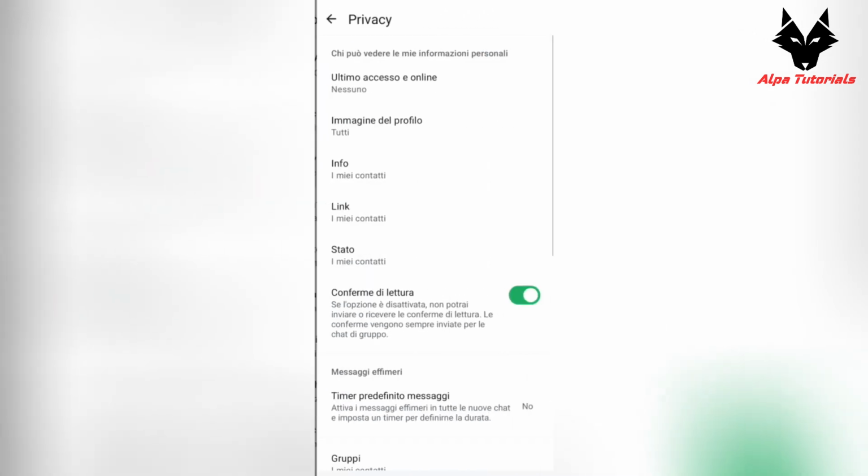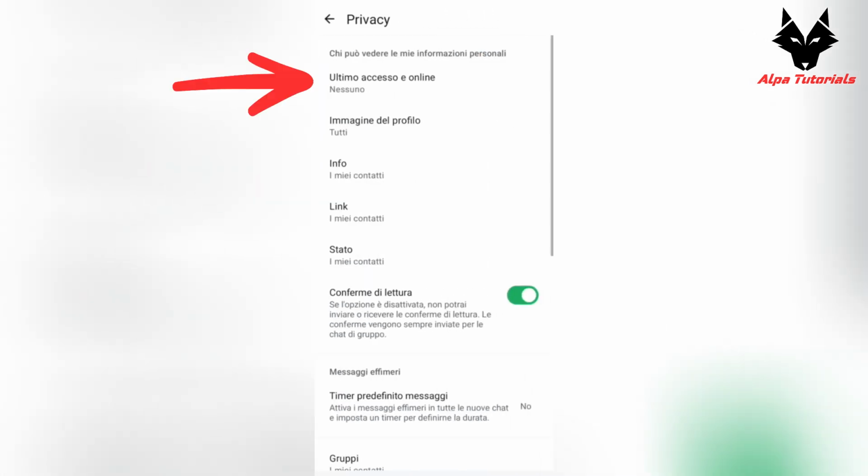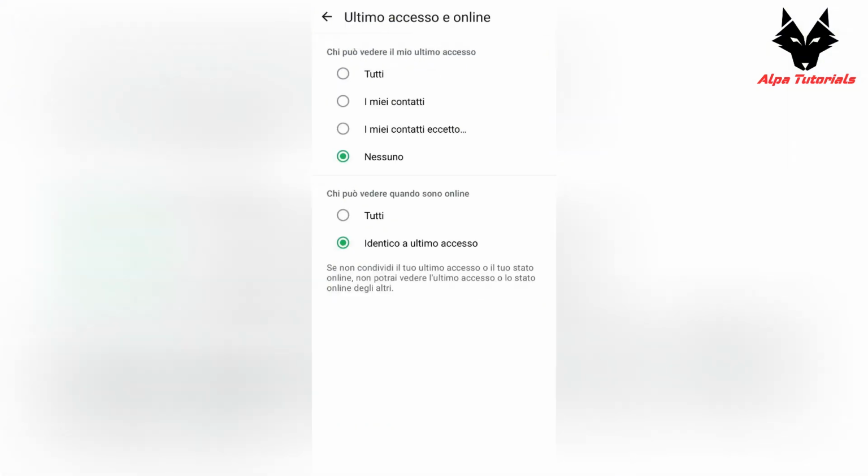From here, select Privacy and then tap Last Seen and Online. On this screen, you'll find two sections, one for your last seen, and the other for your online status. At the bottom of the screen, under Who can see when I'm online, you have two options: anyone can see if you're online. Same as my last seen, only people who can see your last seen will see if you're